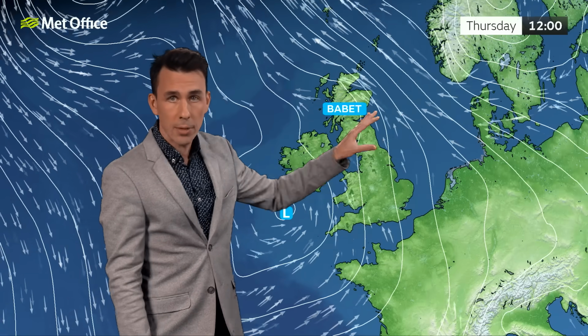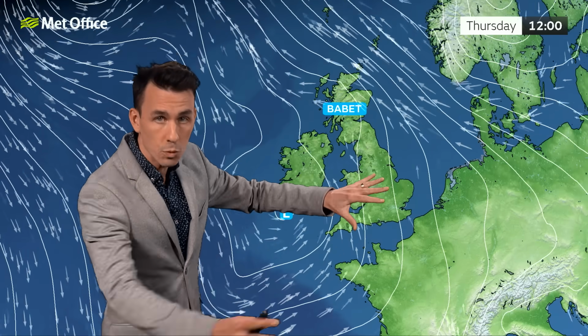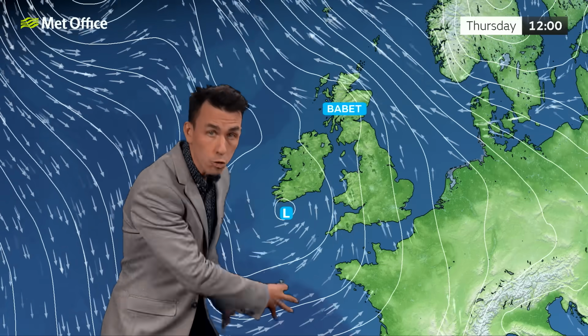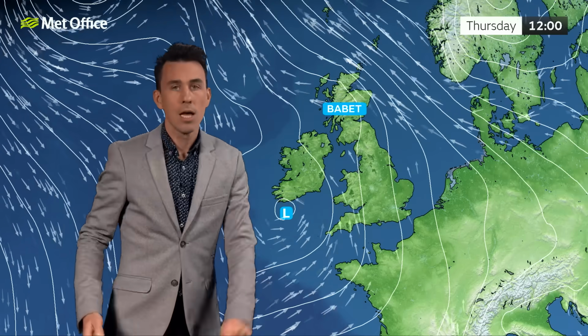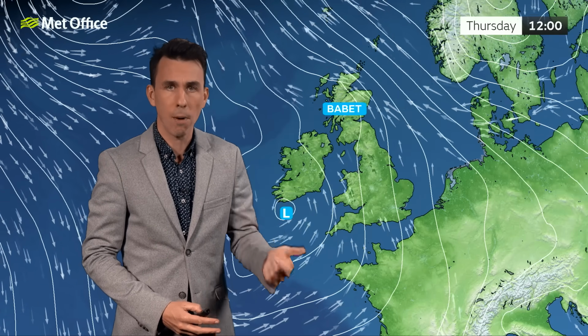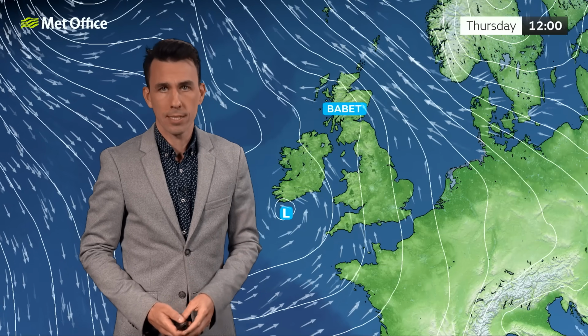pressure to the east, and it's that squeeze in the isobars between Babet and high pressure to the east which will lead to this persistence of a southeasterly wind, and we're drawing up high humidities and a lot of moisture from the southwest. So those two factors combined lead to the risk of copious amounts of rainfall in places by